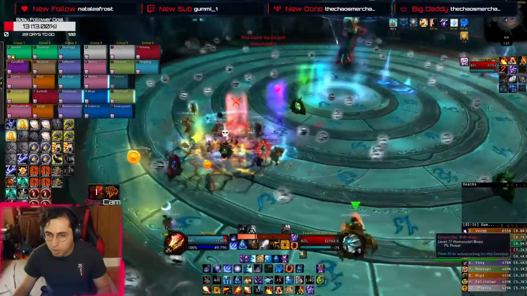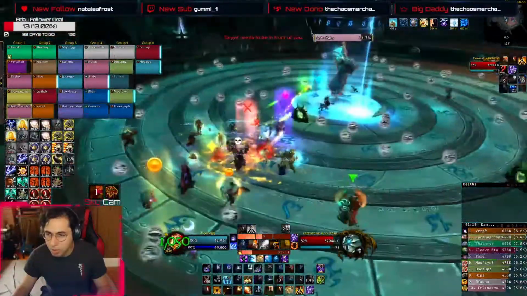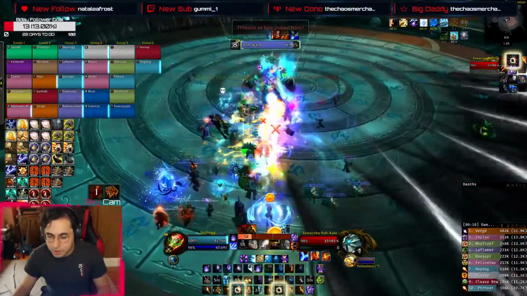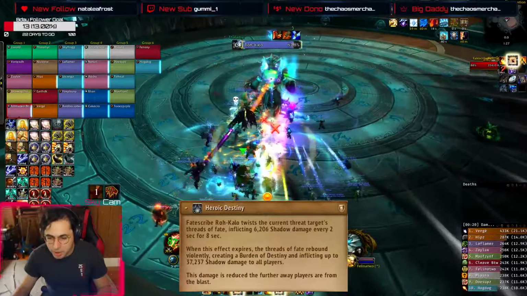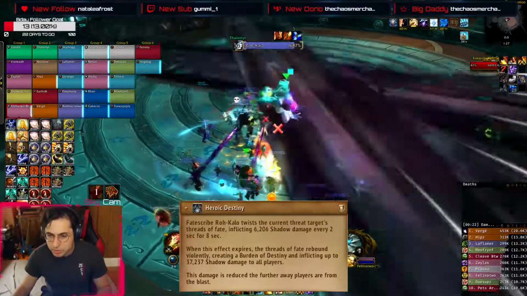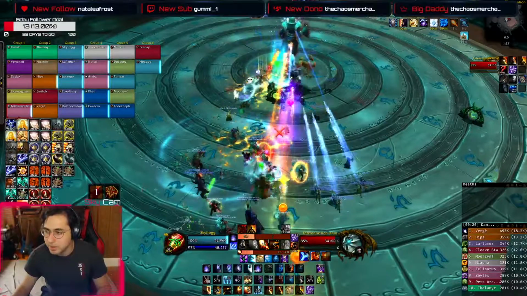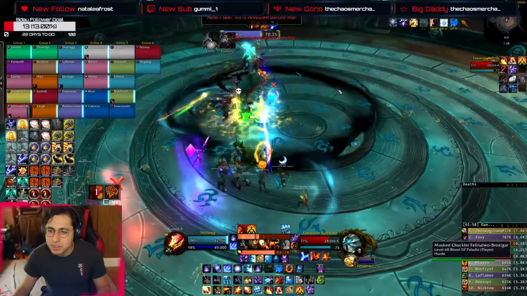My name's Sky, and I'm going to be walking you through this very first raid testing iteration for Heroic Fatescribe Roh-Kalo. Fatescribe is going to apply Heroic Destiny to your current active tank. It's a debuff that lasts 8 seconds and deals some ticking damage. Your tank will have 8 seconds to run out of the raid and have the debuff expire as far away